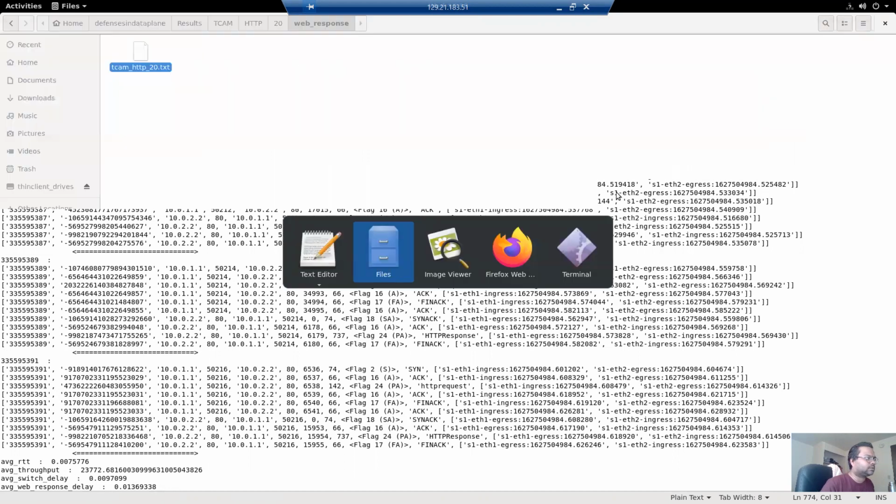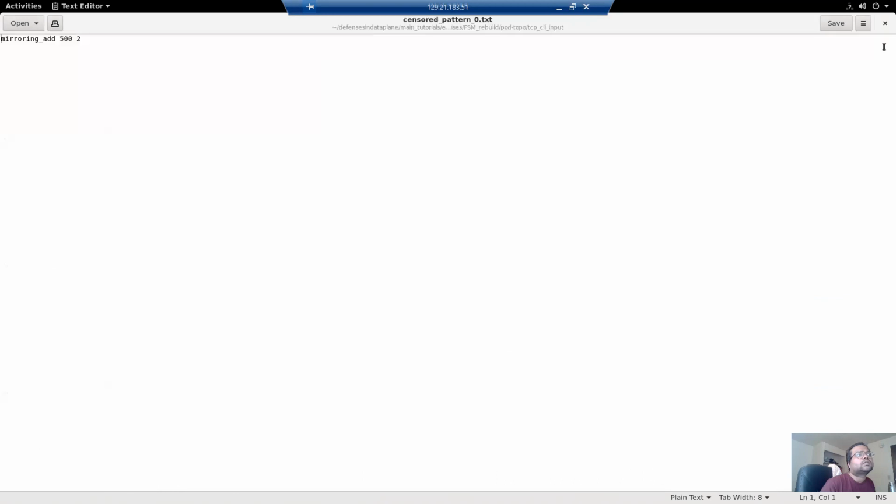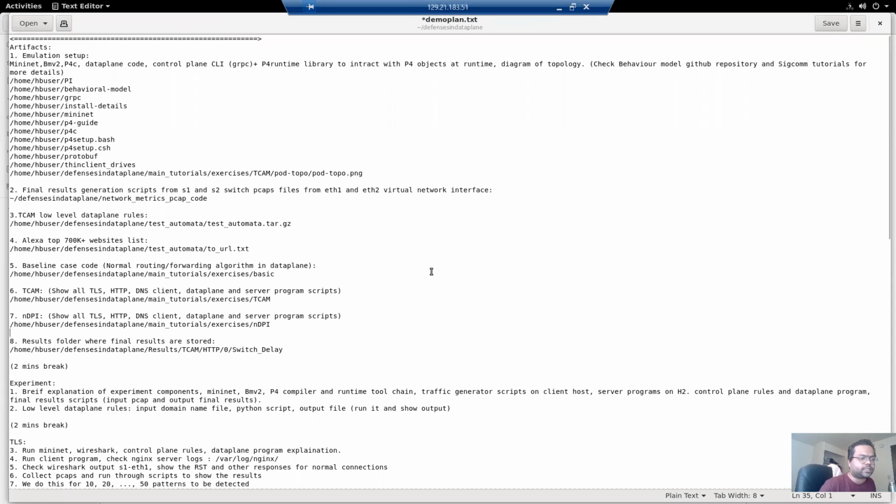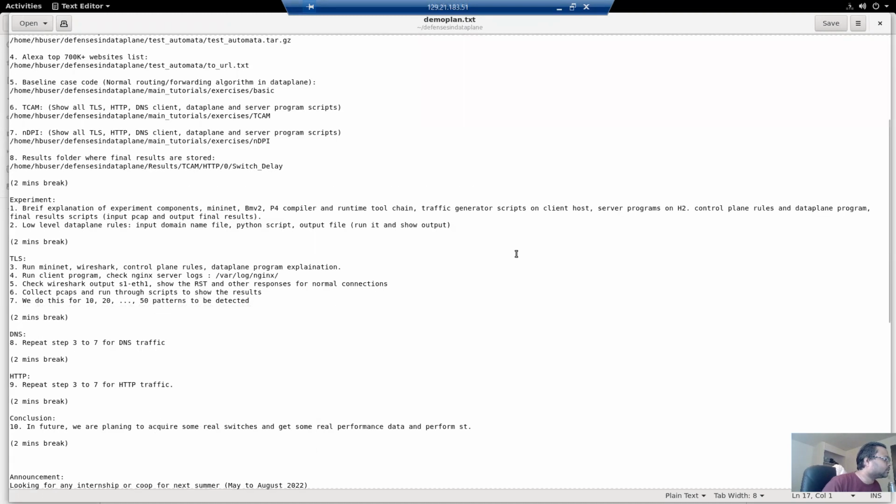Writing a script also helps us to scale up the project, instead of watching it through Wireshark, subtracting out the values and making an average. Writing a script is a way better option if you want to conduct experiments at scale and want the data to be analyzed. So basically, in the results folder, we wrote a script in which all our PCAP files from the ingress and egress ports get analyzed, and we get a sum of our network metrics.